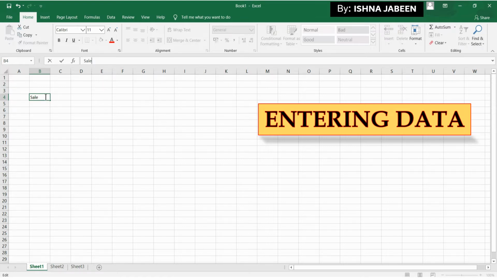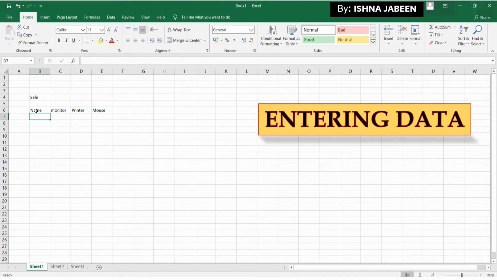Now press the enter key, and your data is typed. Now if you want to type more data, by using the arrow keys on your keyboard, you can type the data. Like here I am typing name, monitor, then printer, then mouse, and any name.